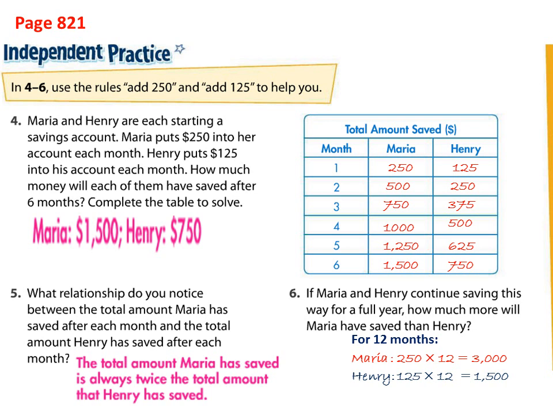Now we can answer the question, how much more will Maria have saved than Henry? Now subtract. What's the difference between 3,000 and 1,500? Yes, subtract 3,000 minus 1,500, it's $1,500. So Maria saved